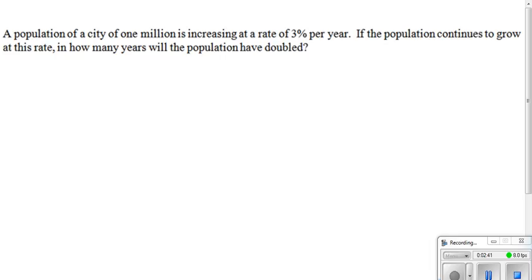So let's look at one where we're actually doing exponential growth. The population of a city of 1 million is increasing at a rate of 3% per year. If the population continues to grow at this rate, how many years will the population have doubled? So when we're talking about doubled, and we started at 1 million,